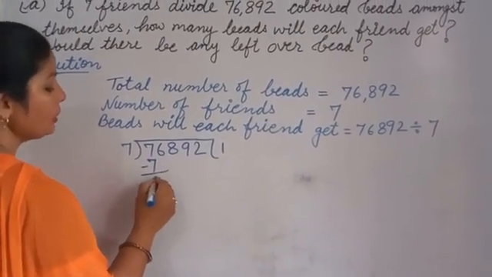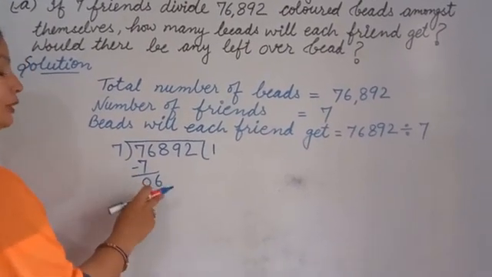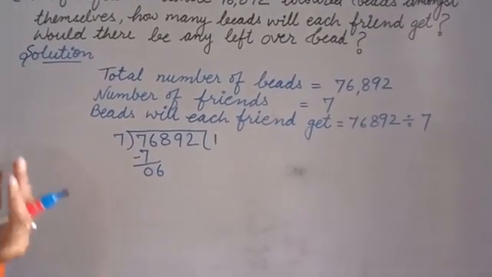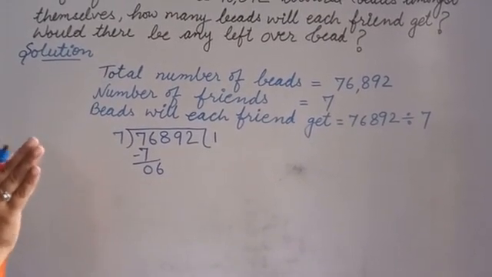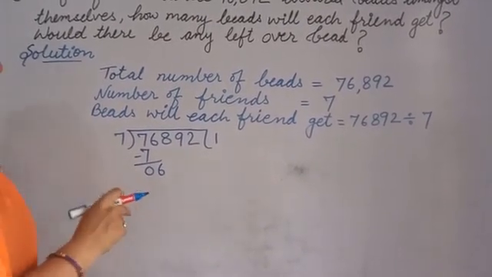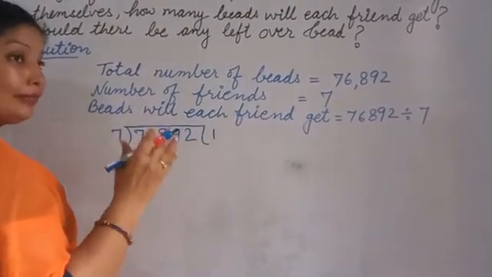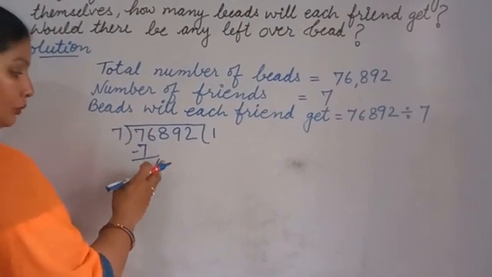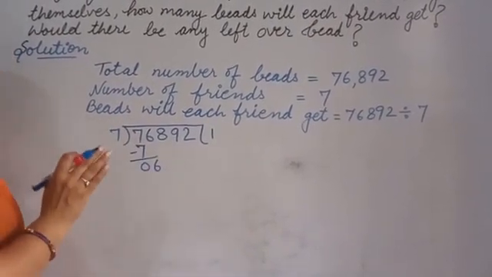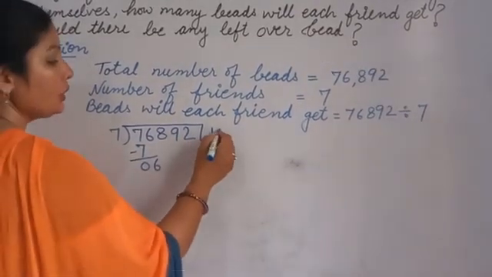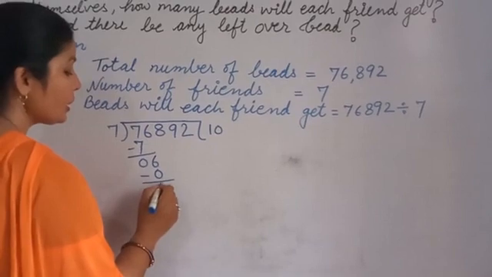7 minus 7, 0. Now we note down 6. Now in the 7 table, we don't have 6 because 6 is smaller than 7. So what do we do now? We will take on 0 because 7 ones are 7. On the 1 number we have big, so we will take on the 0. So definitely we have to divide. Whenever we are noting down from the upside to down, so definitely we have to divide here. So 7 zeros are 0. Now 6 minus 0 is 6.